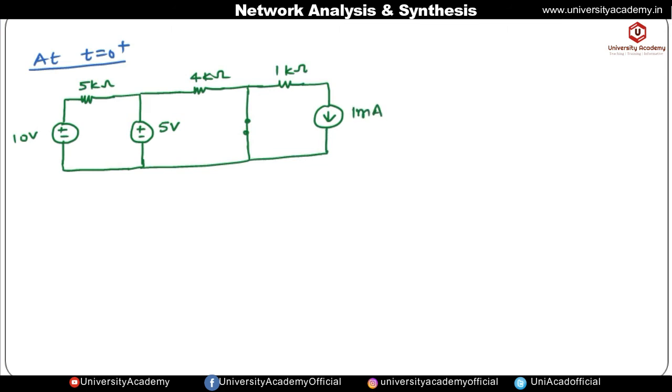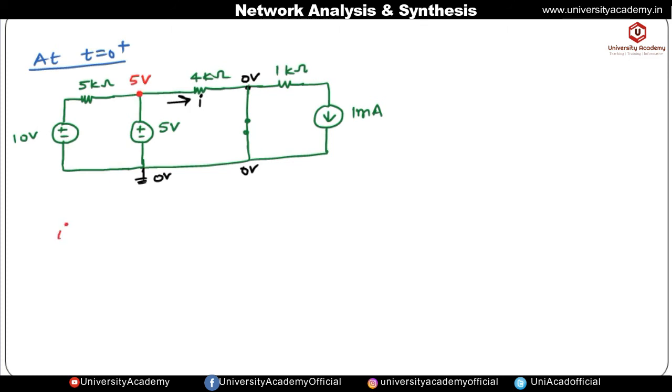Now we have to find the value of this current I, which is flowing through this 4 kilo ohm resistor. If we take this as the reference potential, this reference is at 0 volt. This point is also at 0 volt, and as this is short circuited because of the switch, the potential at this node is also 0 volt. In this branch there is a 5 volt voltage source, which means the potential at this point is 5 volt.